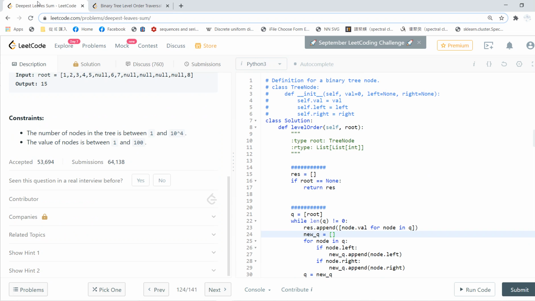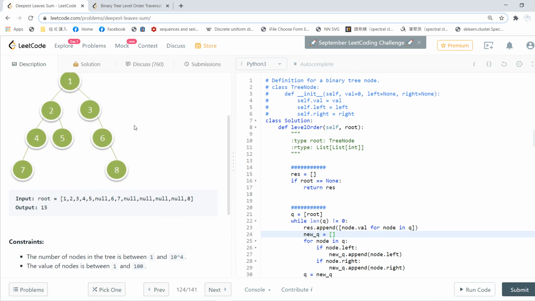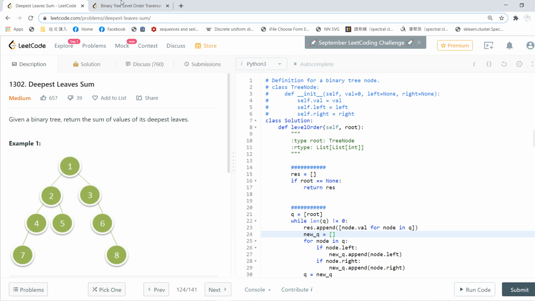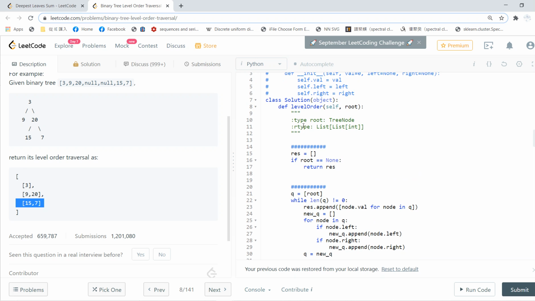Okay, so suppose you can solve this question, then it's very easy, since the level order will give you the different levels, and all you want is the deepest leaf sum. So you just take this output list and then you return the sum of the final element. The final element is just a list. Then you just return. Okay, so basically